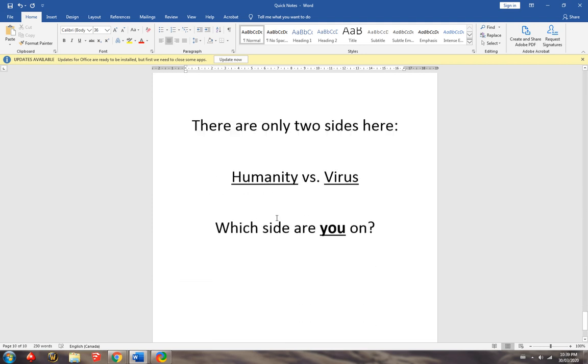So I guess this sums it up. There's only two sides here. There's humanity and there's the virus, and we really have to decide what team we're on, because every decision that we make right now goes one way or the other. If we decide to even so much as get in a yelling argument with a neighbor over a fence, we're playing for Team Virus, because we're increasing the chances that it's going to manage to spread from one place to another. If we get in a physical fight, it's even worse.